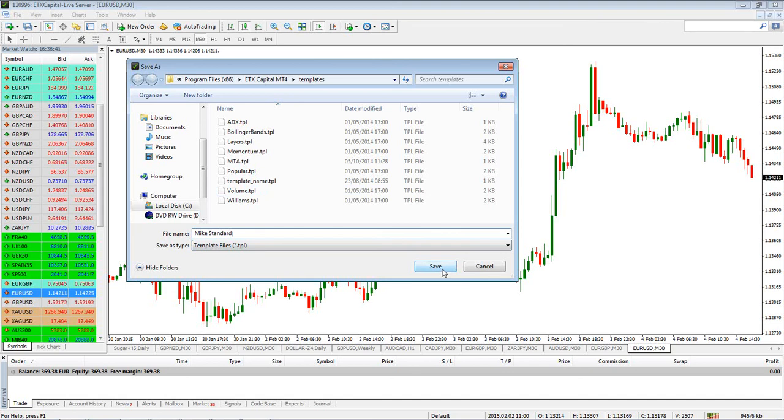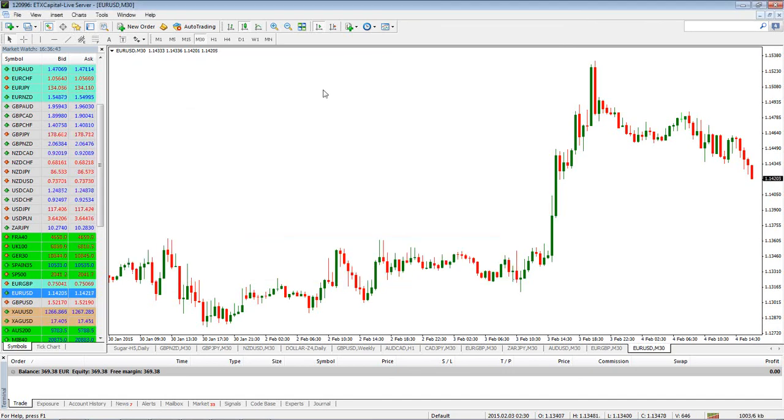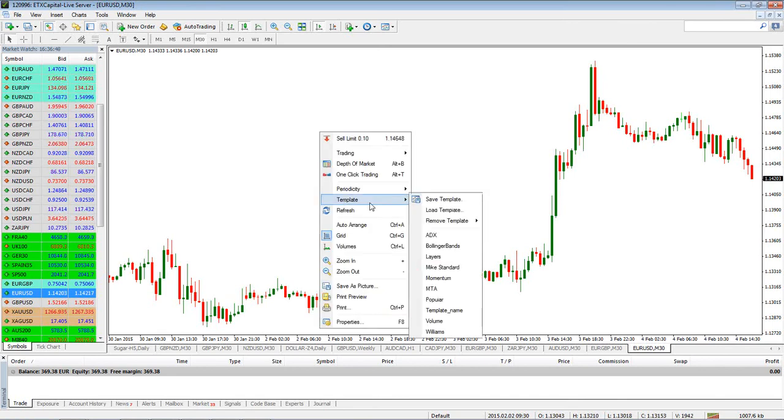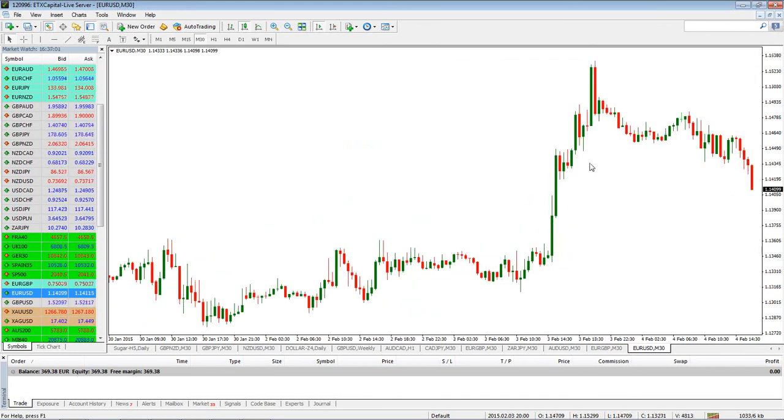Now, just to confirm that we have saved to the template, if I right click on the chart, select the template button, and inside the list of templates down here, I have Mike Standard, which is the template I've just created. So if I'm going to bring out a new chart, if I do File, New Chart,